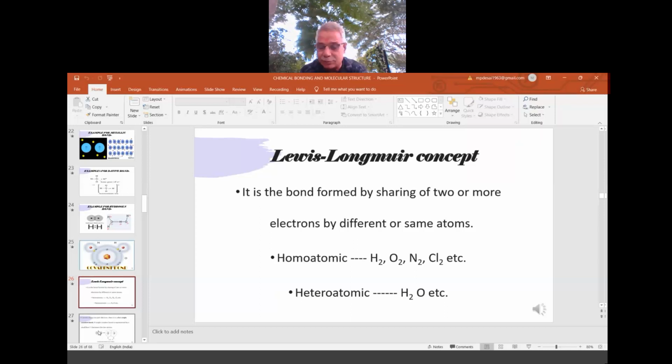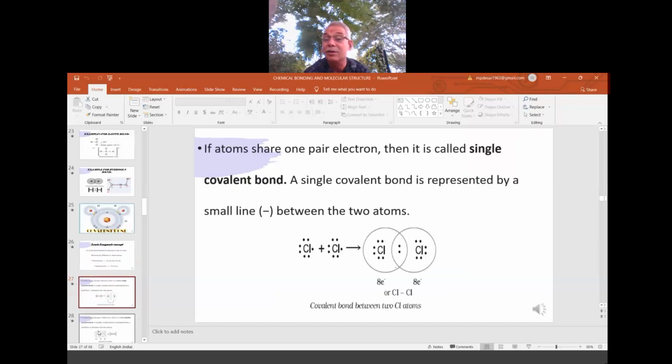And the next is, if the combining atoms, whether two or more, are different, they are called heteroatomic molecules. Hetero is different. And they come under molecules of a compound. So homoatomic: molecules of an element; heteroatomic: molecules of a compound. Some examples I wrote. There are millions of examples in chemistry. So as we proceed, one by one we understand how the covalent bond is formed.